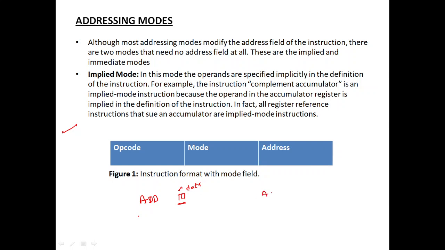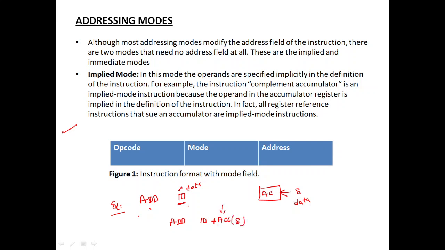Suppose the accumulator register is holding the data 8. This is the example. Here I have given the instruction add 10. So add 10 means it is going to add 10 to the accumulator.